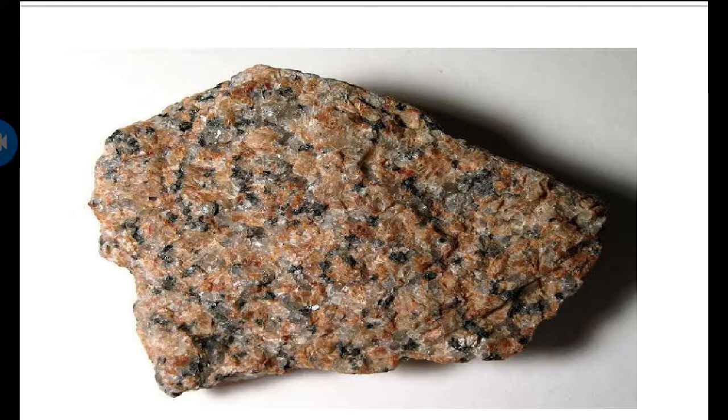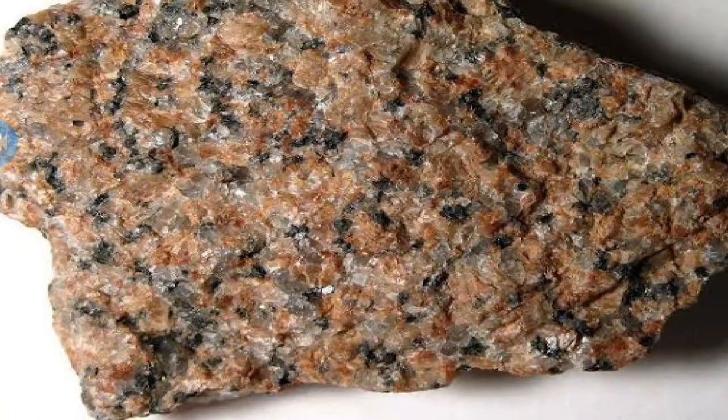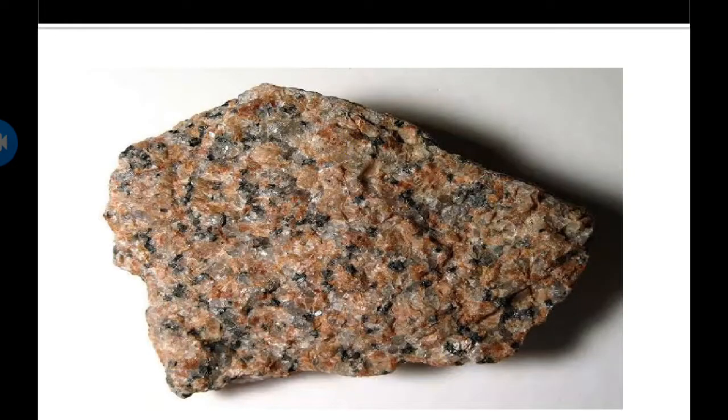See this one, this is granite. Granite is a plutonic rock, and here the pinkish color content of this rock is called feldspar, the white color content is called quartz, and the blackish color content is called hornblende mineral. These are the composition of this rock. So how can we write the classification of this rock? First write the color, which is light, so it is called leucocratic. Then write the mineral composition: hornblende, quartz and feldspars are present.